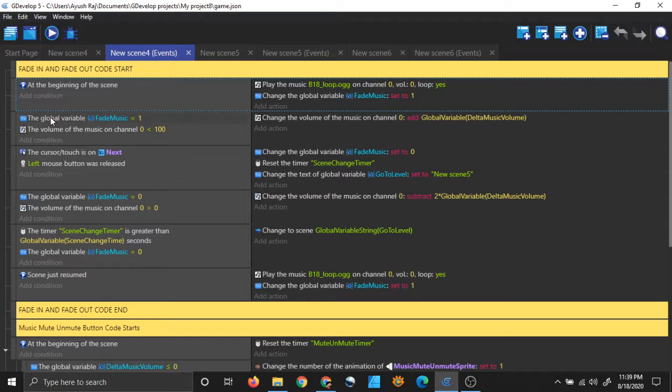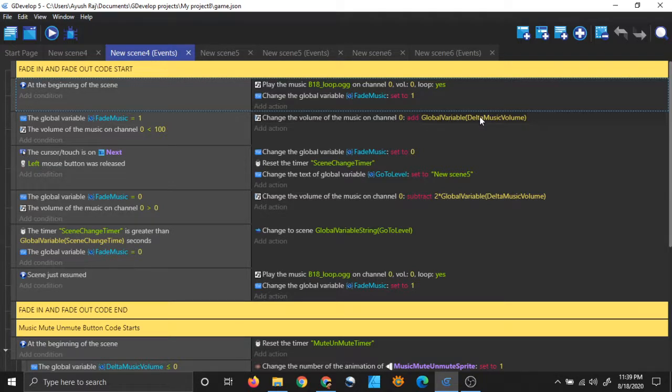So here in the next event, I am checking if my fade music is 1, and in the beginning it will be 1, and I am again checking if the volume of my music channel on channel 0 is less than 100, then I will increment the value of my volume, change the volume of the music on channel 0, add delta music volume.